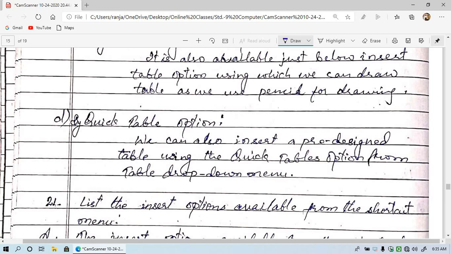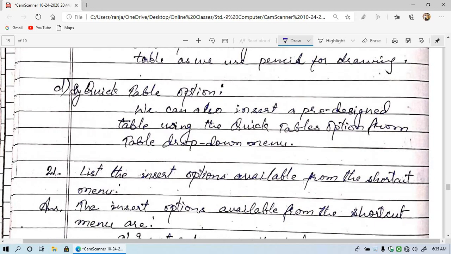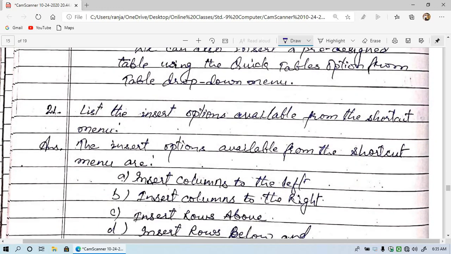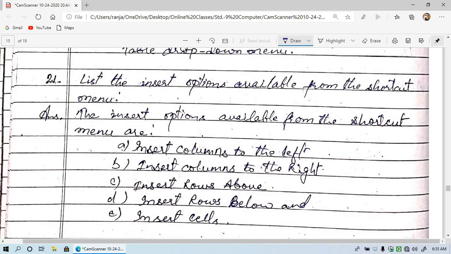We can insert a predefined table using the quick table option from the table drop down menu. This is the last option given in the table drop down menu, and you can select this for inserting a quick table or predefined table, that is a table that you have worked on before, and it is there for your quick access. Now let's see question number 21.